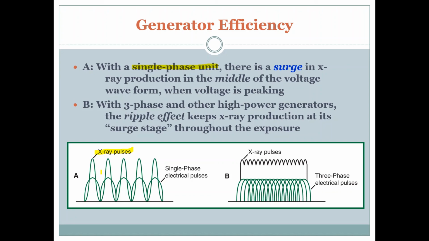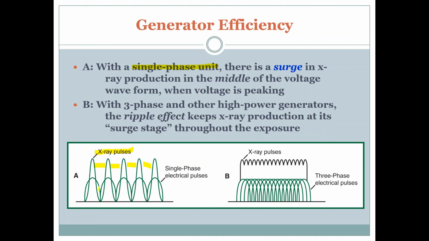So if you set a 1 second exposure, for example, there's sufficient time where nothing is happening. Everywhere in between pulses, there is nothing happening. There is no electricity traveling, or at least low electricity, and there's low to no amounts of X-rays being created